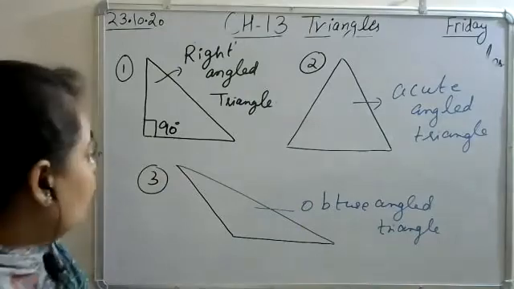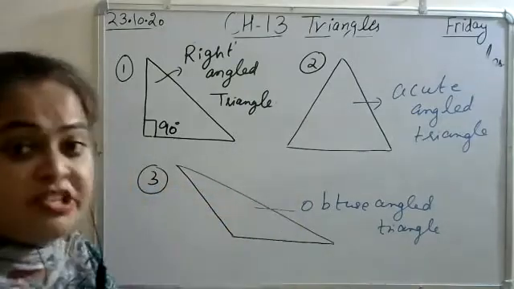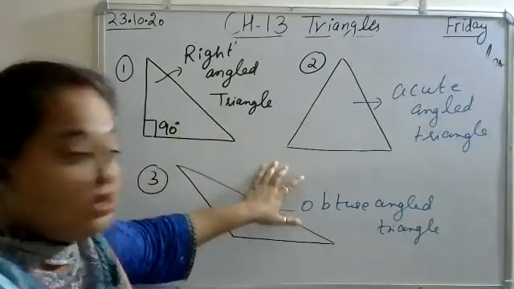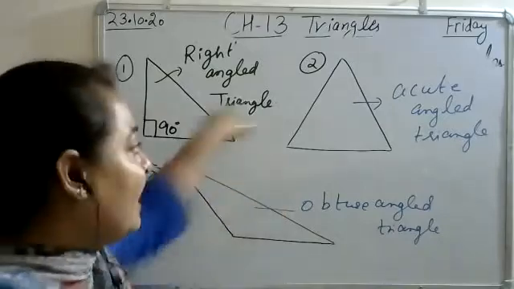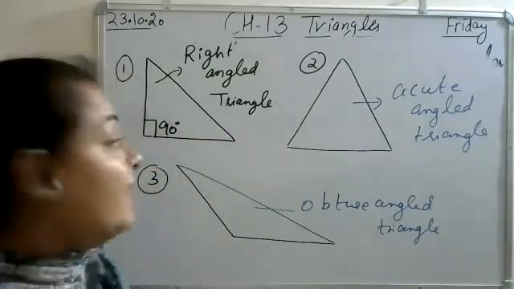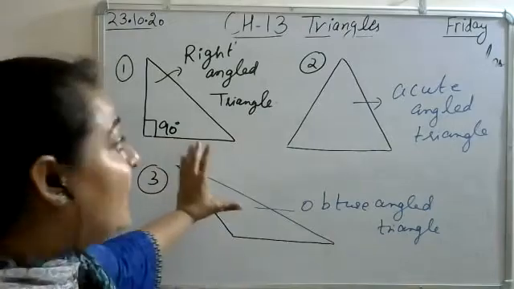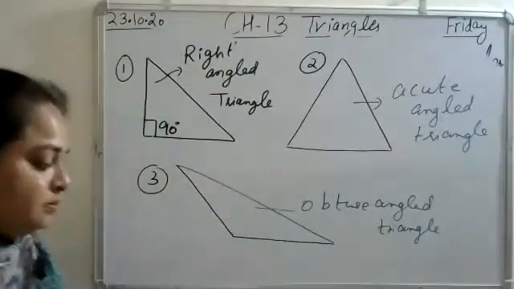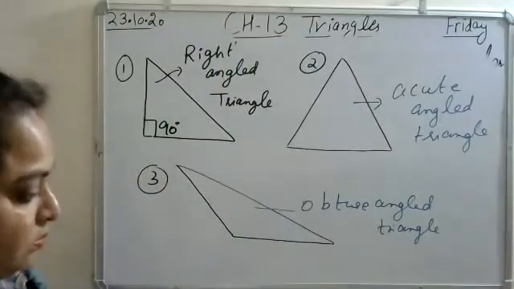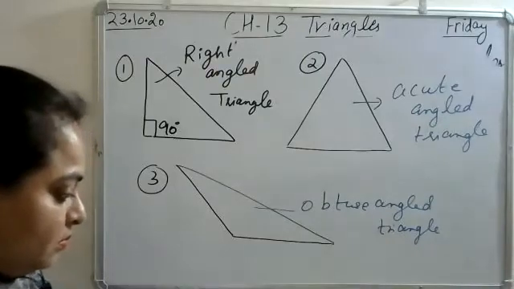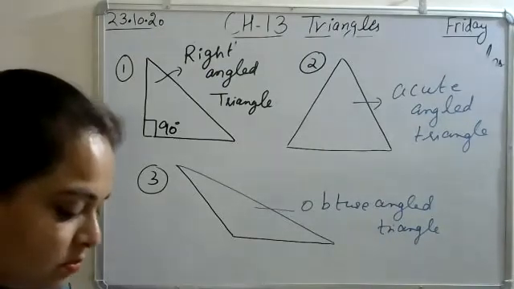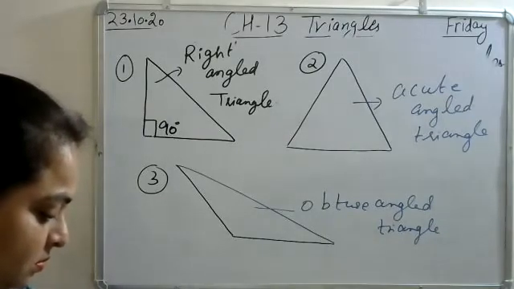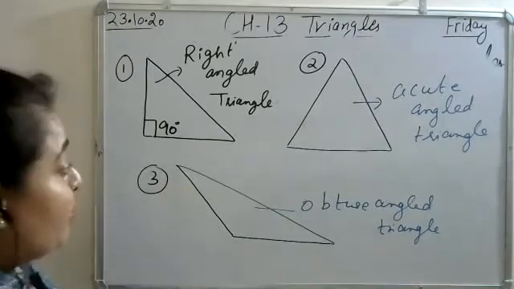Yes. Now note down this in your rough notebook. Immediately start writing. Note down. This is extra. This can also come in your paper, beta. A diagram will be given and they will ask you to tell the name. So observe the diagram very carefully and write down the name of the triangle. So note down in your notebook. After writing, write down in the chat box, work is done.